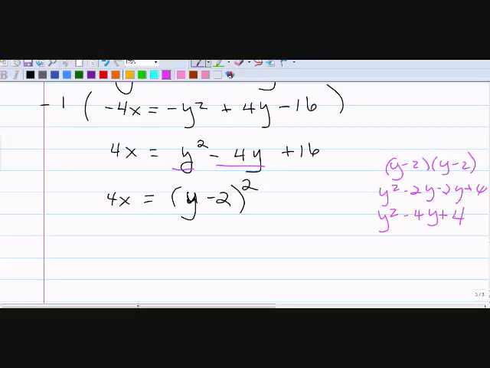I don't have plus 4 there. So this y minus 2 squared has added a plus 4. Take it away. And this equation now becomes y minus 2 squared plus 12. So y minus 2